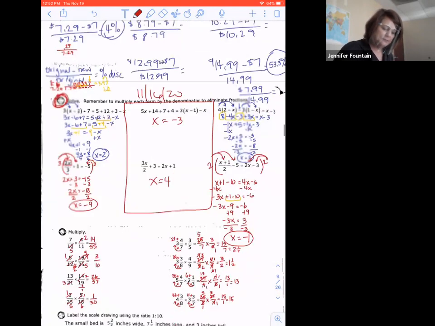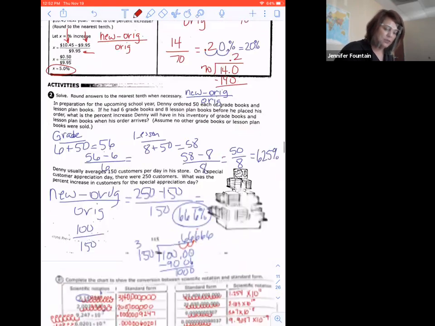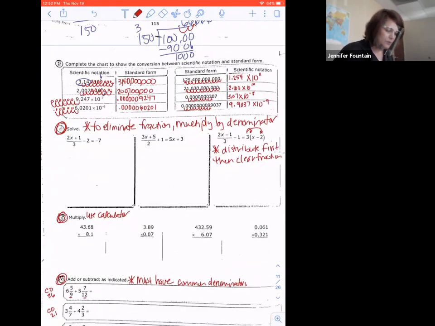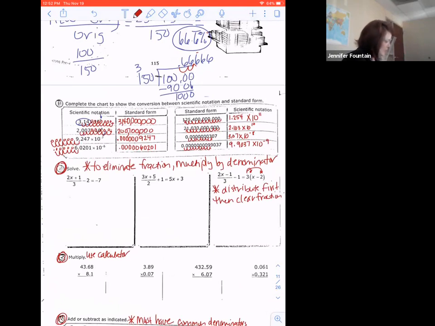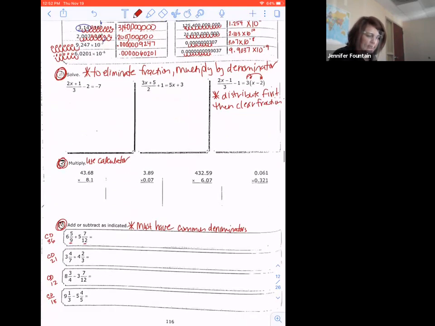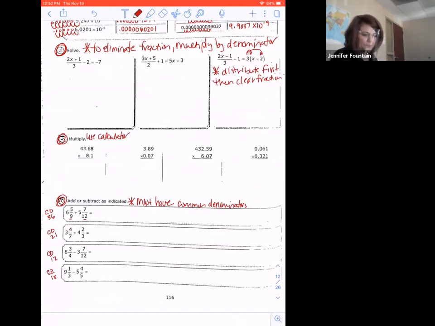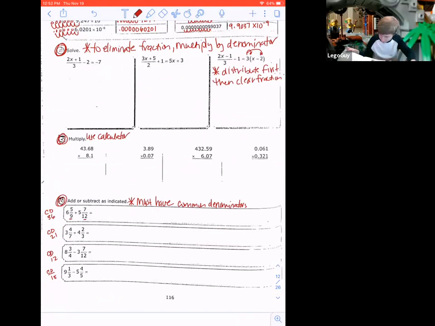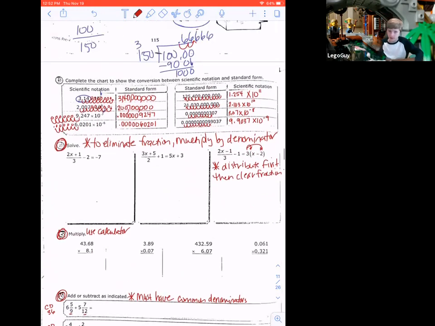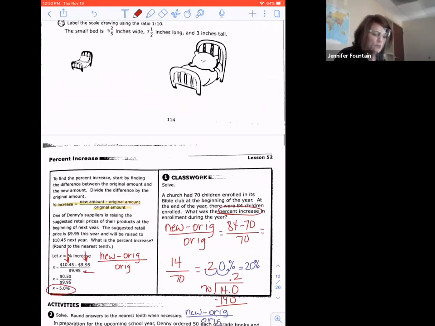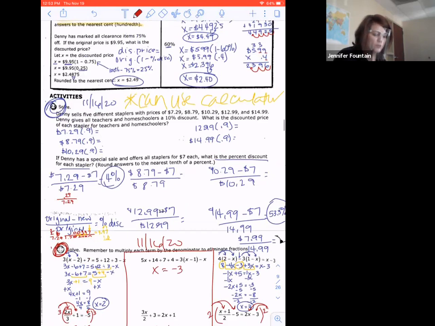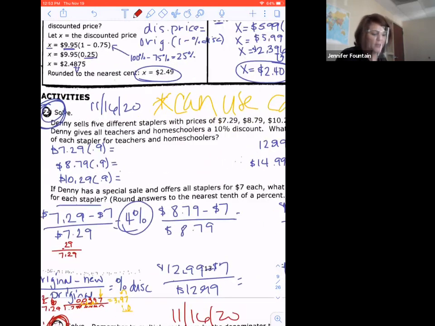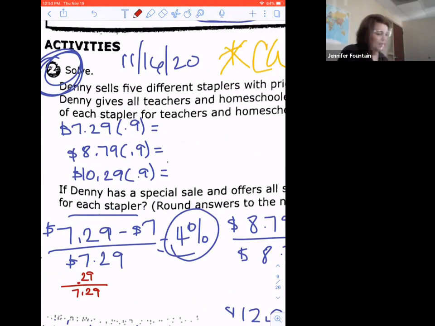We had dealing with percent increase. In that section, we moved on, let's see. So we have page 116. Miss Jennifer, wait. Yes. You missed the beginning of lesson 51. We did those as well. Oh, thank you. So the beginning of lesson 51. Oh, those, yeah. That's right. We did those where we multiplied and we had already set those up. Okay, so at the beginning of lesson 51 where we set those up,